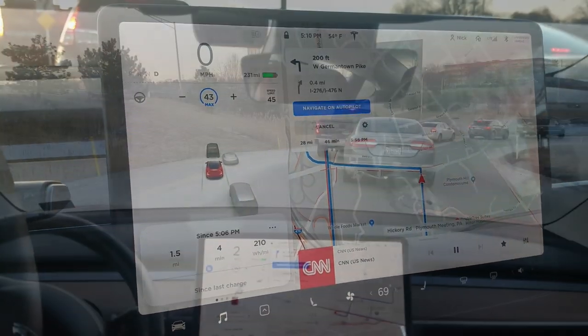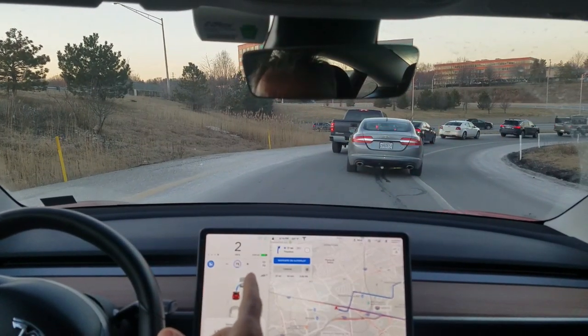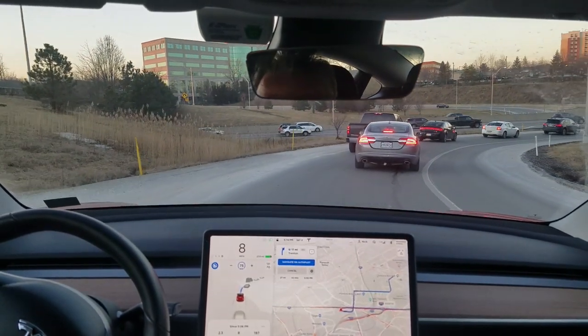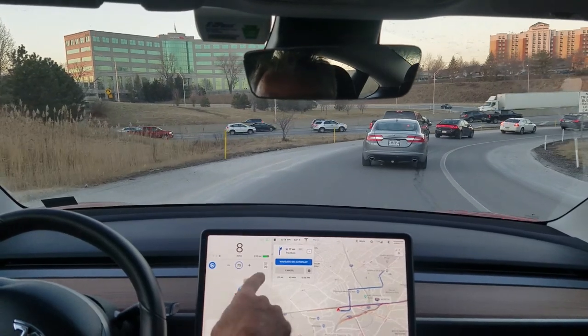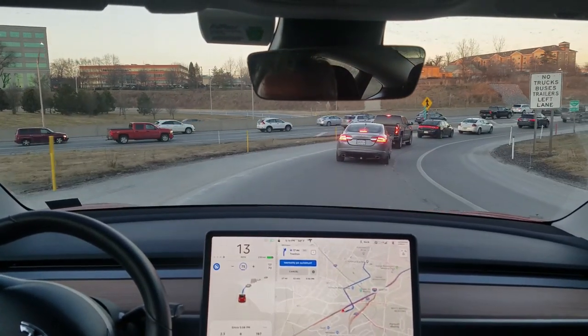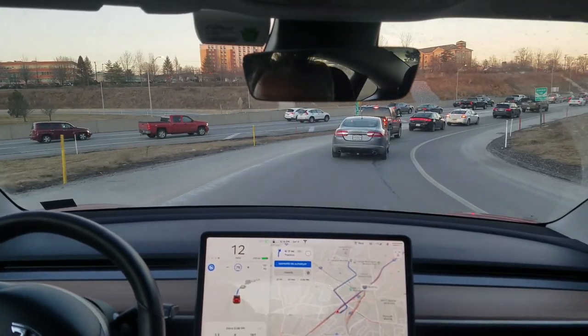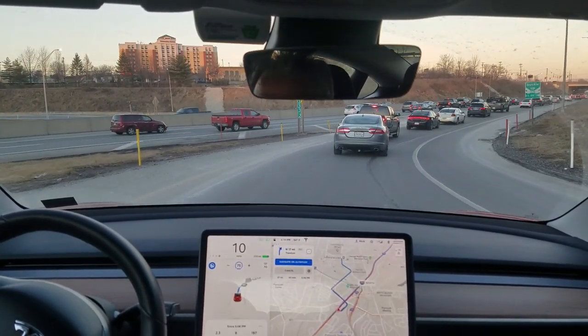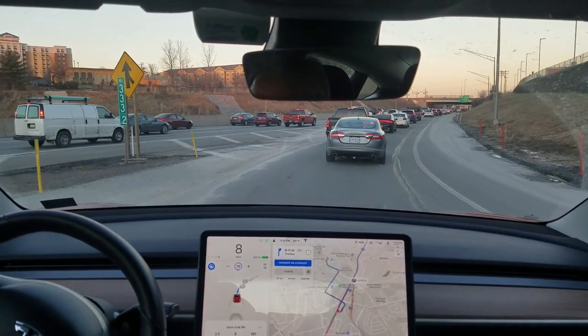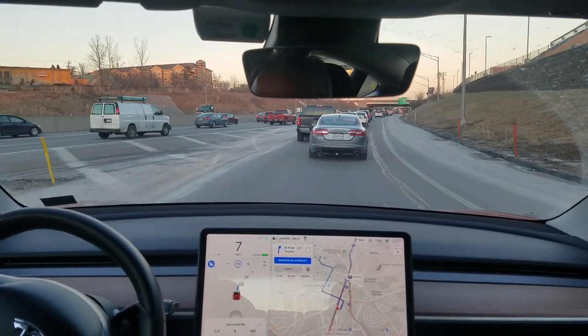Gonna get on a highway pretty soon. So I engaged Autopilot, Navigation on Autopilot, on this on-ramp, and it's taking me down. It doesn't stay as close to the car in front of you as most people would. People behind me are probably pissed. But it will